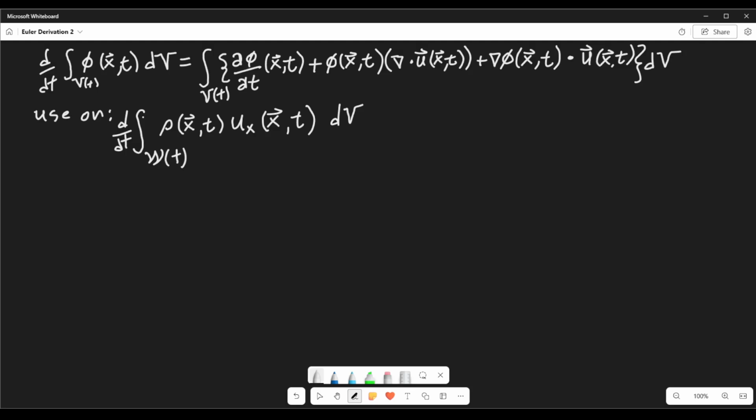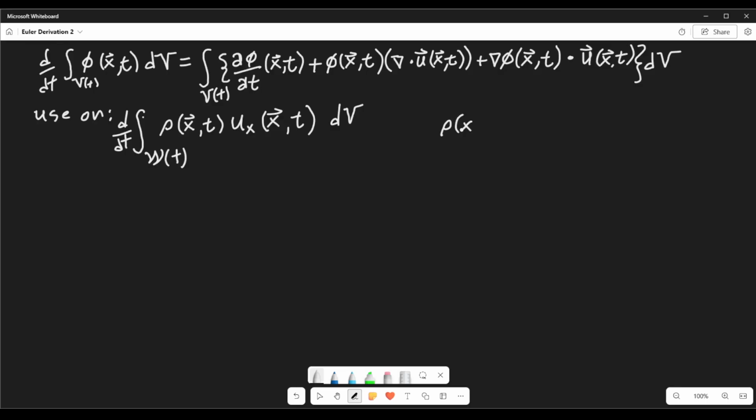So the next step in this process is to use this equation on the first part of the Euler equation, which is basically the mass times acceleration part. So this needs to be expanded using that. So the basic idea here is that